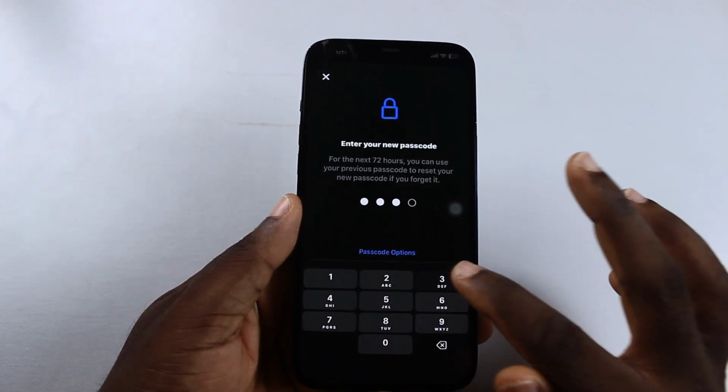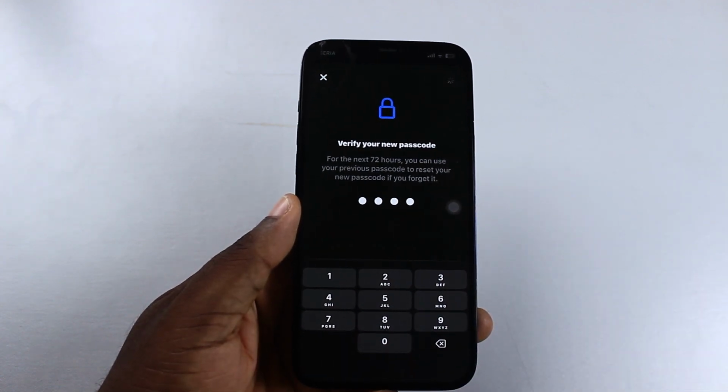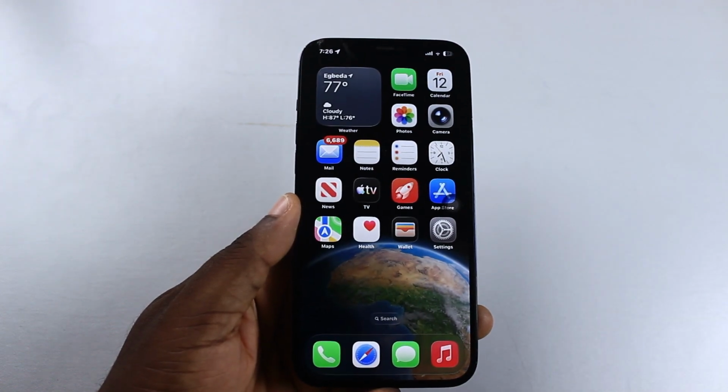Go ahead and type in the passcode. Again, confirm the passcode. Now, this is going to grant you access to your iPhone using your previous passcode. And then voila. You see that? So that is exactly how to fix